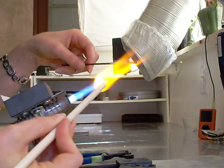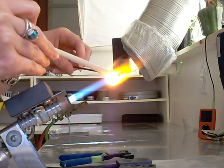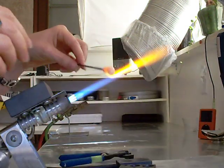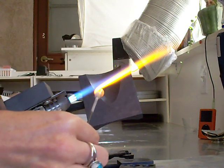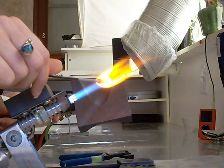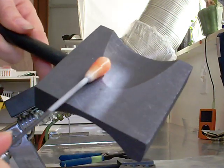So the base doesn't really need to be that thick or that big. So I'll just start up here. See the little bubble popped. So I use this to shape